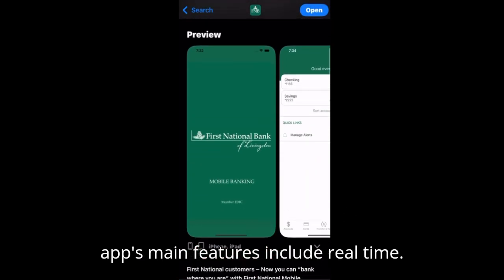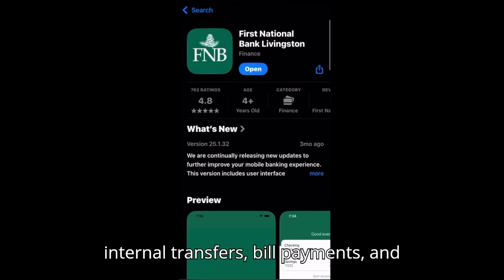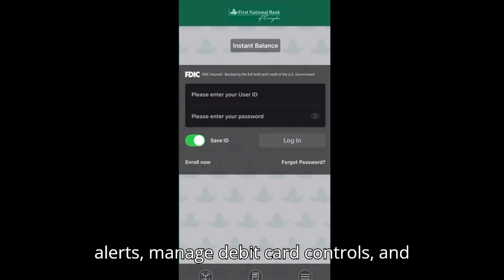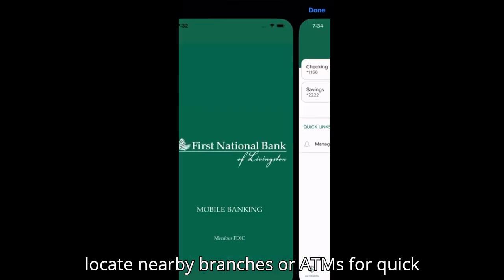The app's main features include real-time balance checks, transaction history, internal transfers, bill payments, and mobile check deposits using the device's camera. Users can also set up account alerts, manage debit card controls, and locate nearby branches or ATMs for